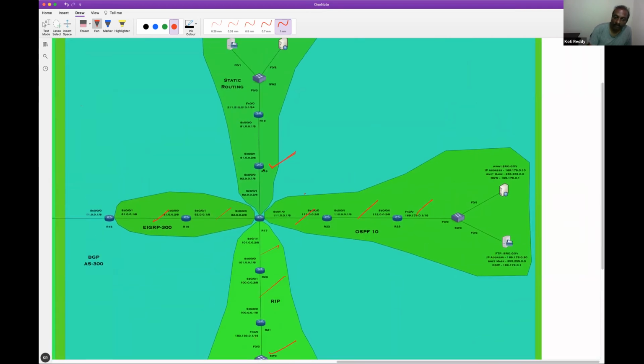Not possible, right? Even if I add routes for all the network IDs here, I say send the packet to whom? 92.0.0.2. This will be the next hop address for all the routes, right? Instead of adding so many static routes on the router R18, I simply add a default route: for any network, simply pass on the packet to 92.0.0.2. Right? Let's do that on R18. So I go to R18.